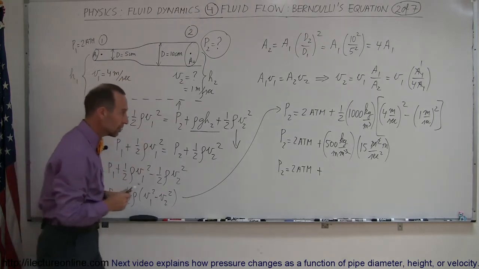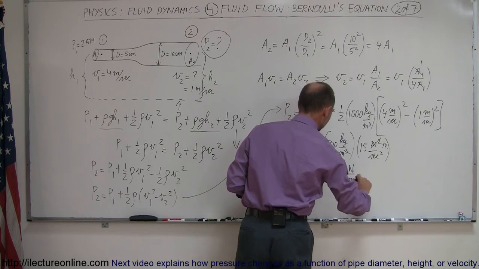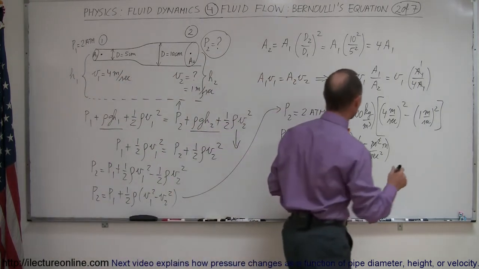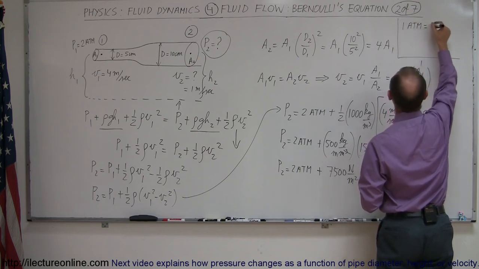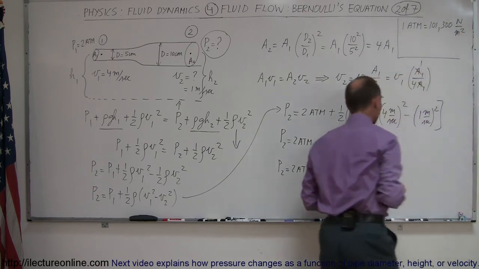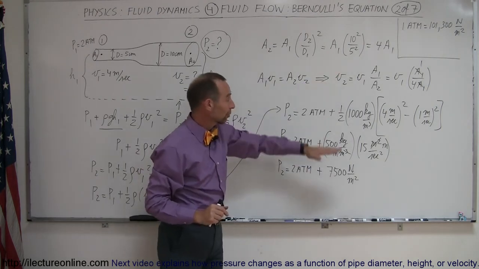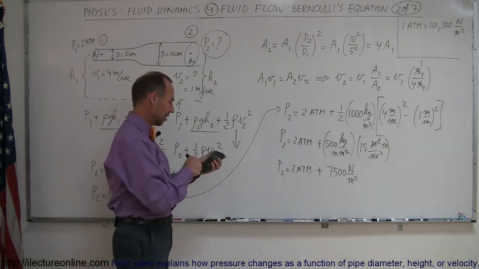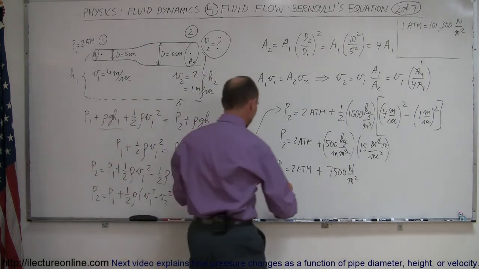So go ahead, we'll continue here. This would be 7,500 newtons per square meter. And of course, we want to convert that to atmospheres. Here we can say that 1 atmosphere is equal to 101,300 newtons per square meter. So this is actually a rather small fraction of an atmosphere. What we have to do is divide this by 101,300 newtons per square meter. So let's do that. 7,500 divided by 101,300 equals